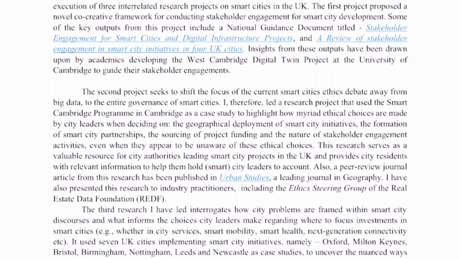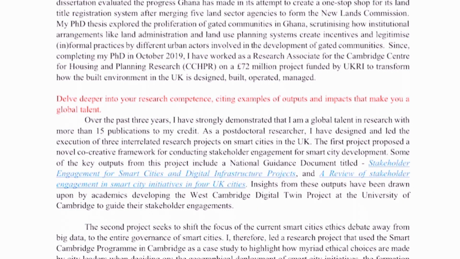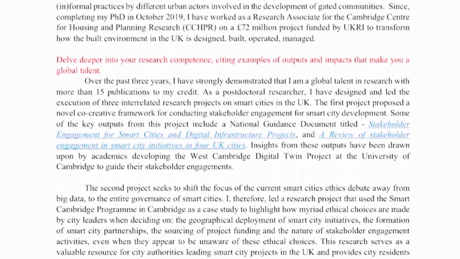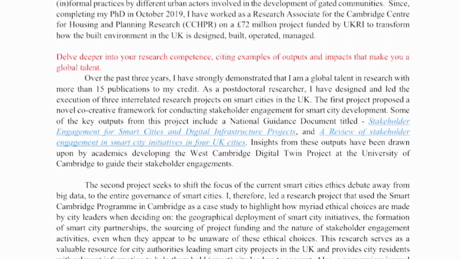So I thought I could leverage on this to be able to make my case stronger. So, for example, I went in to say that the first project proposed a novel co-creative framework for conducting stakeholder engagement for smart city development. Then I said that some of the key output from this project include a national guidance document, which is titled Stakeholder Engagement for Smart Cities and Digital Infrastructure Projects, and also a review of stakeholder engagement in smart city initiatives